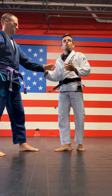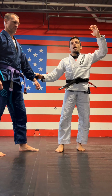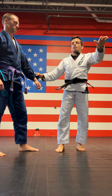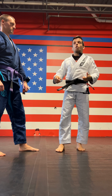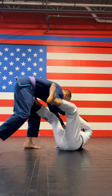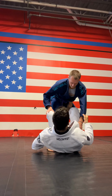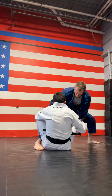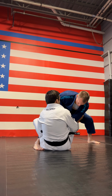But sometimes when you're gonna try that sit-up sweep and you finish, maybe you got a taller guy, the person's gonna post the hand, the opposite hand, right? And instead we wrestle up to the single leg, we're gonna go for submission. So I'm here, so I'm gonna pull, got my De La Riva, just turn around. And I'm on that position, right? Controlling the ankle, I'm gonna push, sit up here, control the sleeve,